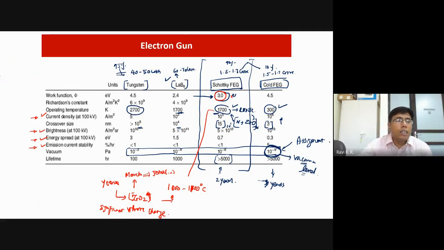Let's say the machine works from 5 kV to 30 kV. You may think that if I use 30 kV, I will get the best resolution, but that is not the case. In the same way, energy spread you can vary at different levels. At what kV you have to use, what energy spread, and how you can control the brightness, all those things we will discuss in detail with some examples.